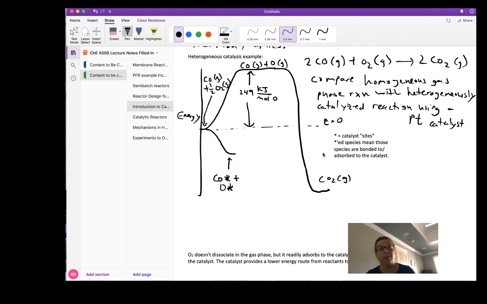Maybe it's platinum atoms on the surface, and those platinum atoms are hungry for species like CO and O, so they will bind them readily, which is why the energy goes down. The starred species mean that those species are bonded or adsorbed to the catalyst. So CO star is analogous to saying CO bonded to platinum. So we could also say, same as writing, C